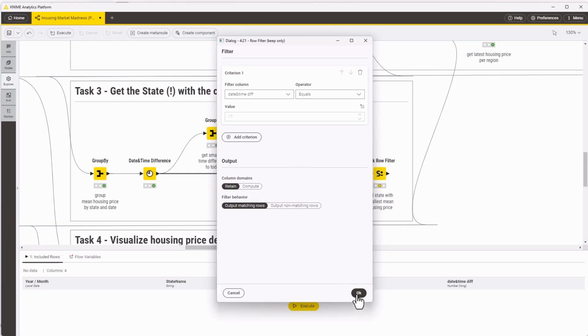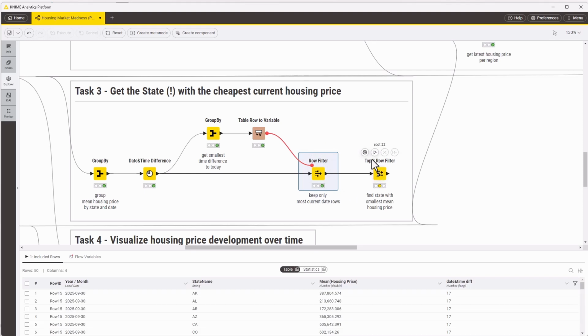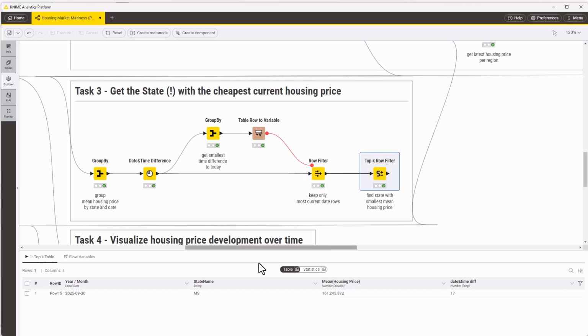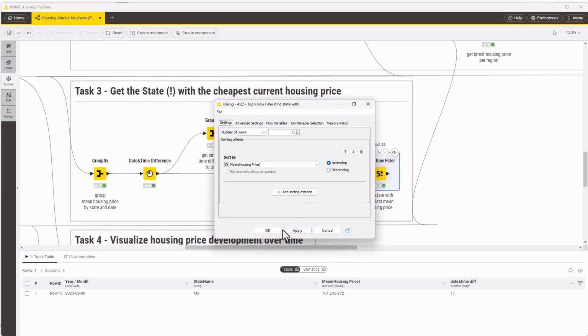Finally, we use another top K row filter node, limiting to just one row. We sort by mean housing price in ascending order, smallest to largest. This puts the state with the lowest current housing price at the top. And there's our answer, the state with the cheapest current housing prices. Again, completely dynamic. No hard-coded dates, no manual filtering. Run this next month and you'll get next month's updated answer